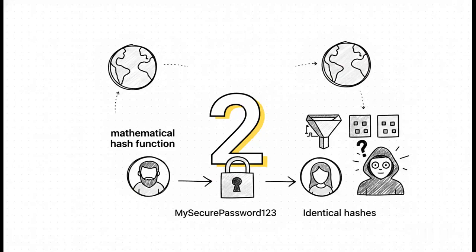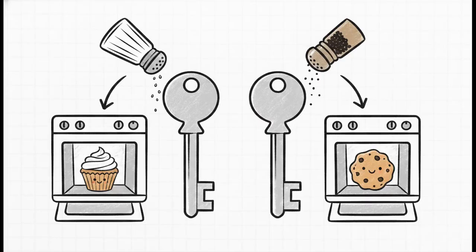But honestly, that brings up a really interesting scenario. Imagine two completely different users, maybe living on opposite sides of the world, who just so happen to choose the exact same password. Let's say they both choose my secure password 123. If they both run that through the exact same mathematical hash function, shouldn't the database store identical hashes for both of them? And if a hacker gets in and sees two identical hashes, wouldn't they instantly know those two users share the same password? Well, yes, they would, which is why engineers came up with an absolutely brilliant solution: adding